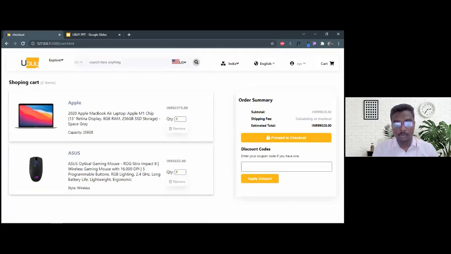Further, I want to apply a promo code, like I apply the promo code for my size 30. After I click on apply promo code, the pop-up message shows, congrats, you got 30% discount. Then the estimated total cost will vary according to the 30% discount of the total cost.